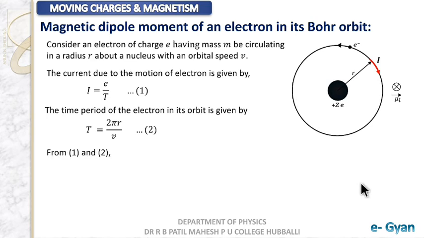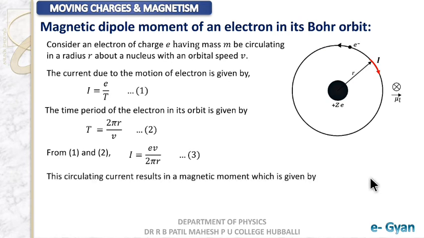Moving ahead, if we combine both the equations 1 and 2, we get I equals to ev divided by 2 pi r. Taking this as equation number 3. Now let us try to write the magnetic moment equation. So here the magnetic moment of the electron in an atom, at the first orbit or the orbit, I shall take it to be mu L. The reason is that it is for an electron in an atom, so that's why I am writing it this way, mu L, not small m. Note it.